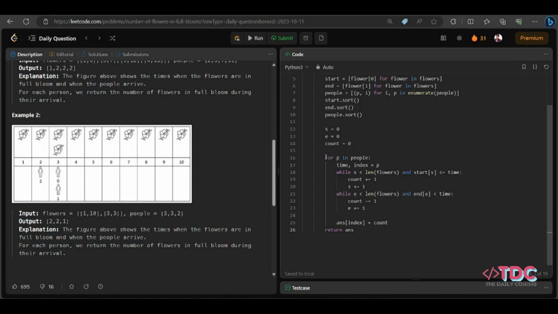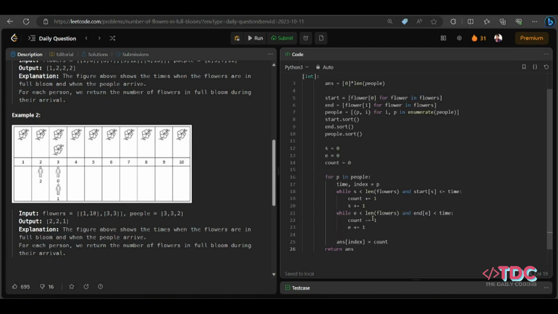And I traverse every person, like from people I take the time as well as the index, and I check whether s is in bounds, and also whether the start is less than or equal to time. If it is, we will increase the count by 1, as well as increase this pointer, and also check whether the end pointer is in bounds and the end is less than time. Then I will decrement the count, increment the end pointer, and put this count in my result at the index, and return this